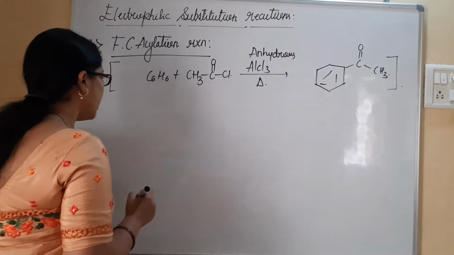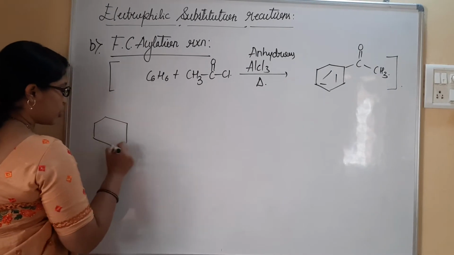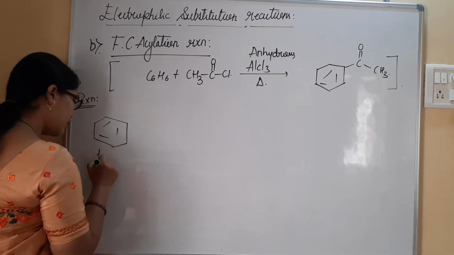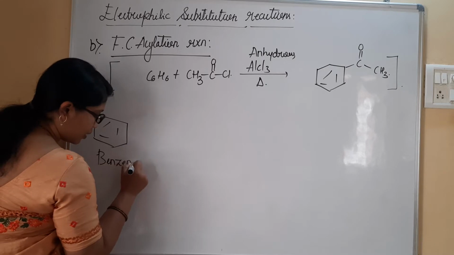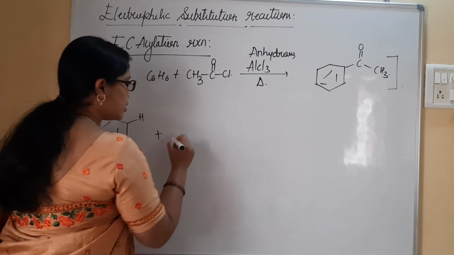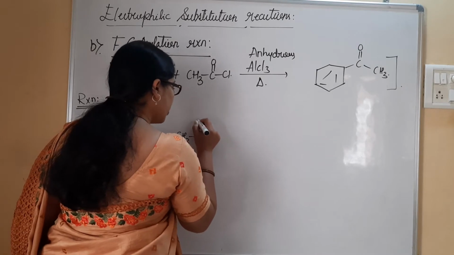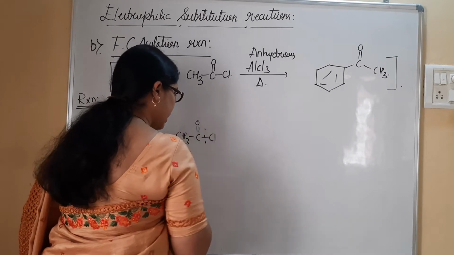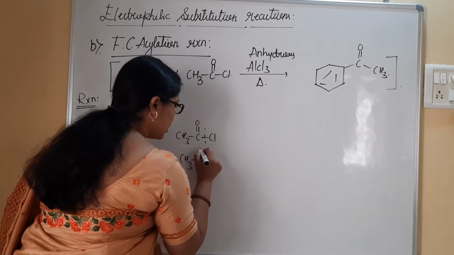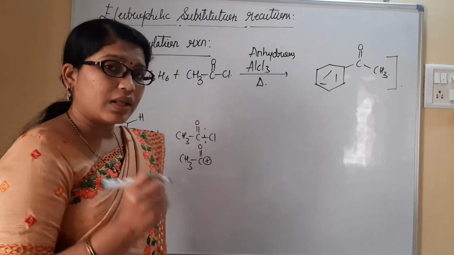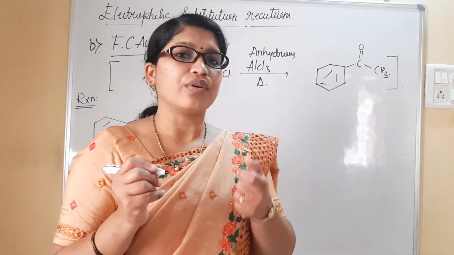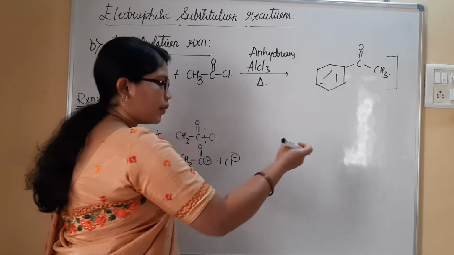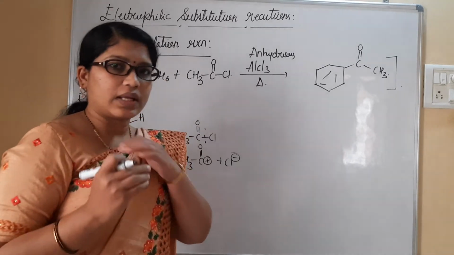So now see here, I have benzene. In short, I have written this one. Let me write the reaction in detail here. We have benzene, with one hydrogen present, and CH3 C double bond O Cl. In presence of aluminium chloride, it is going to be ionized into CH3 C double bond O plus. We all know all the carbonyl groups are said to be electrophilic centers. Here it will be forming Cl minus. Halogens will grab their electrons along with them after breaking the bond.